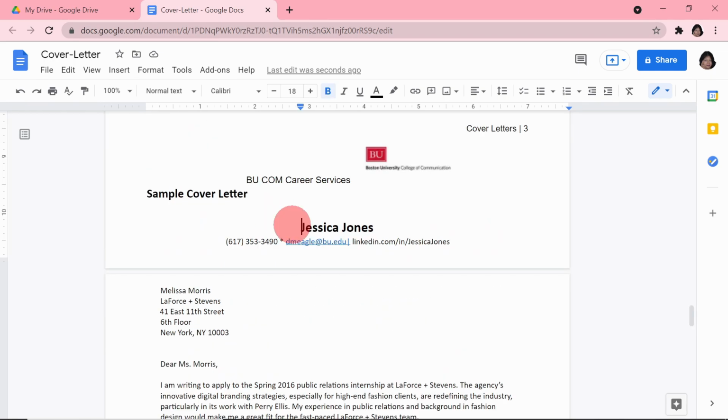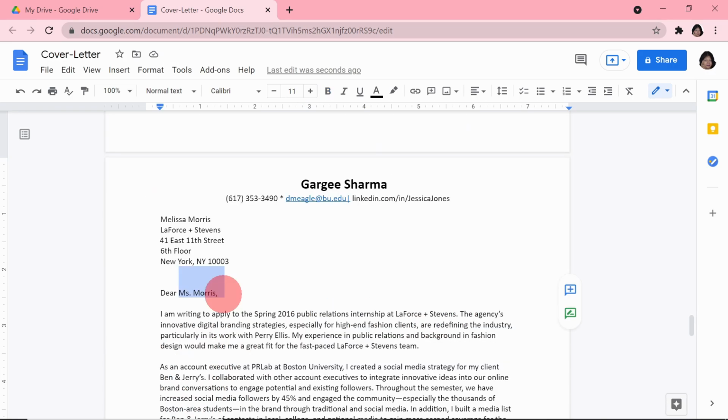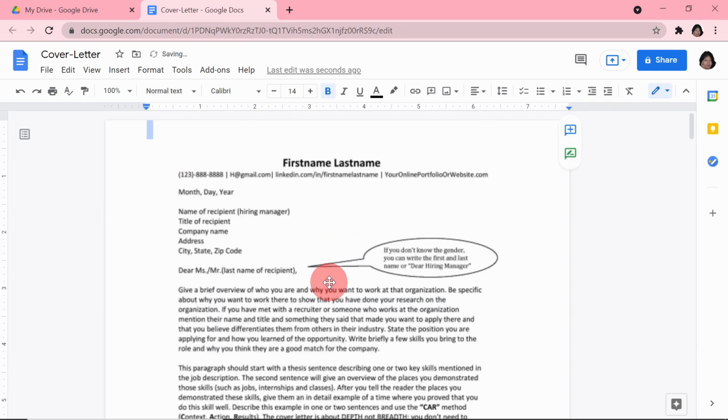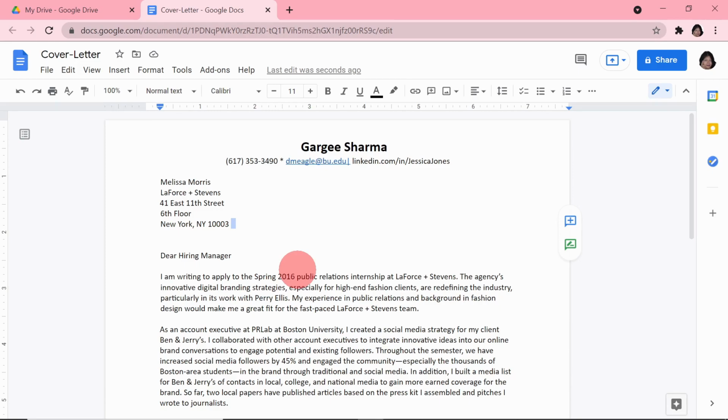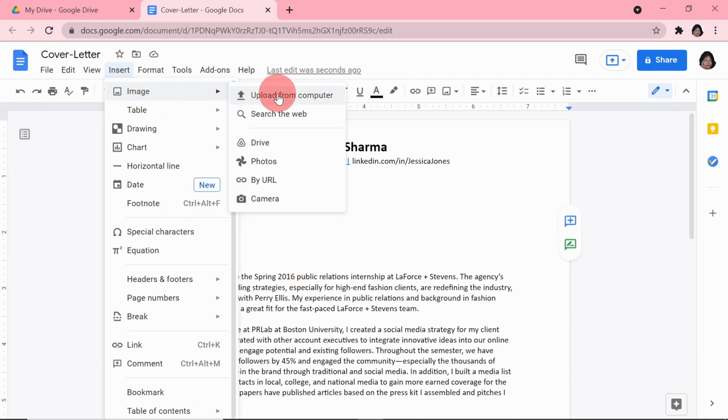Let me try to make some edits to this file. I'm going to change this name to my name. I'm going to address saying hiring manager. And I will delete some unnecessary content that I don't want in my cover letter. I can not only edit and format the text, I can also insert an image either from my computer or